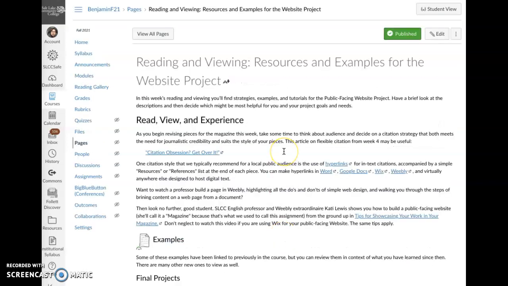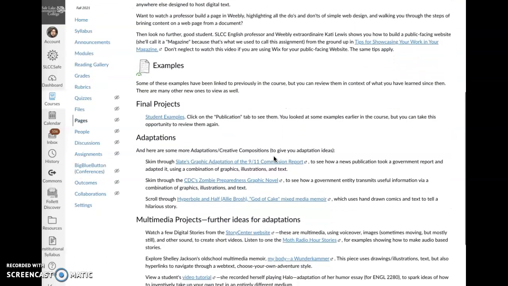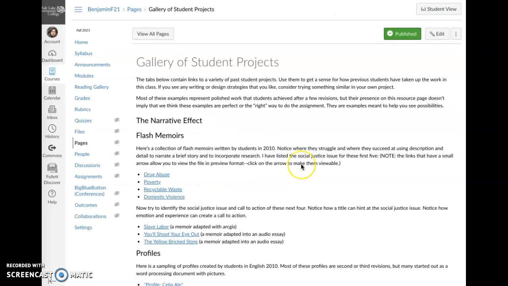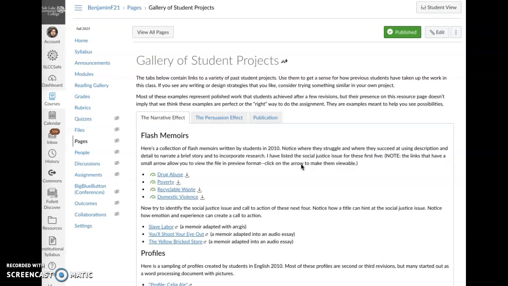This is the reading and viewing for week 13, resources and examples for the website project. It features a bunch of resources that you can look through for inspiration and ideas for your final project as well. One of the links on this page, as we scroll down, where is it? Right here, Student Examples, takes you to the gallery of student projects where you can see previous students' final projects